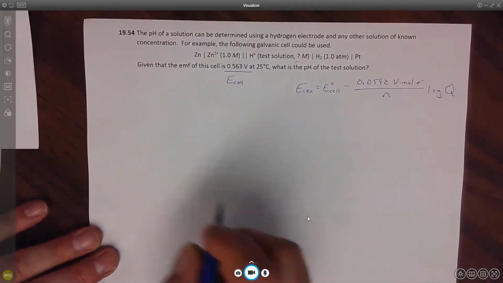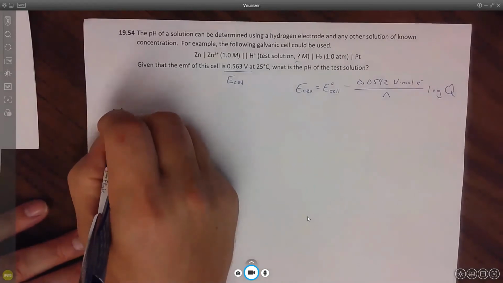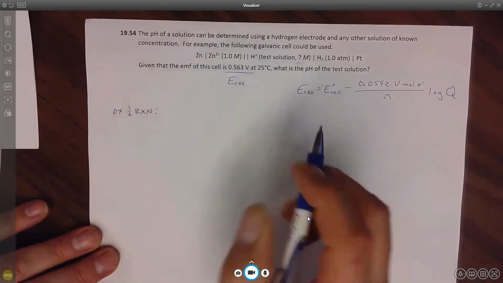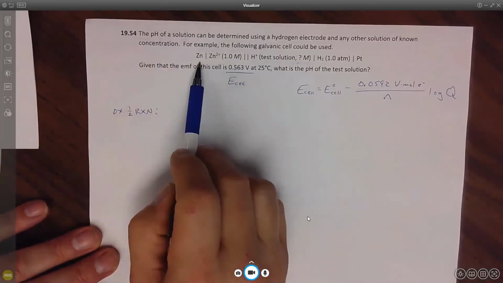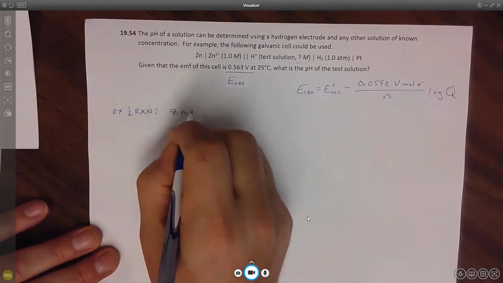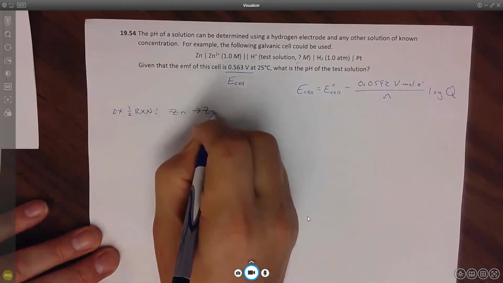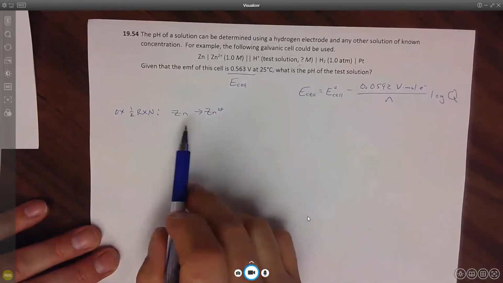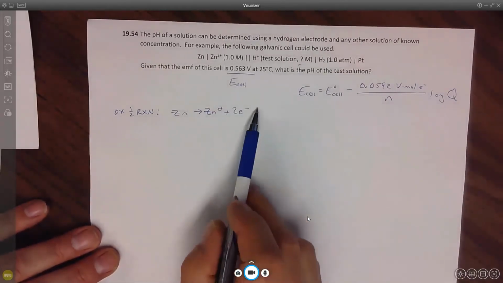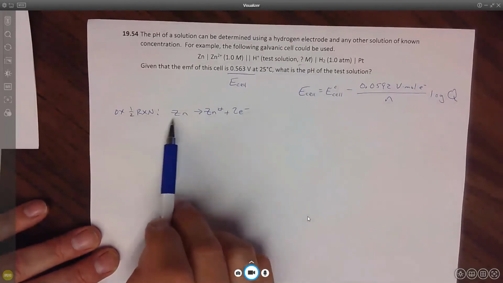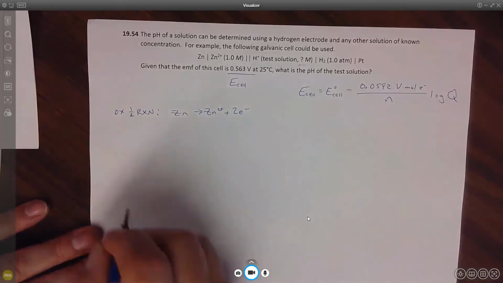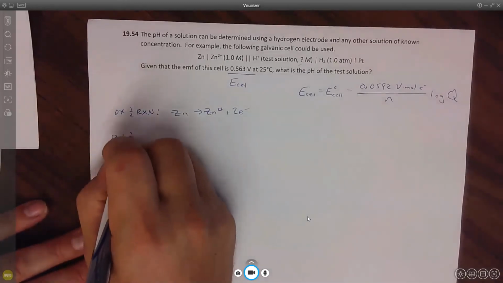So again, we're going to have to set up the oxidation half reaction, which of course is occurring at the anode. And the anode in this case is our zinc going to zinc 2 plus. The oxidation number increased. So that's zinc going to zinc 2 plus. It's already mass balanced, so all we got to do is charge balance it by adding 2 electrons. Now the sum of this is equal to 0, which is equal to the neutral on the other side, which is 0. The reduction half reaction,